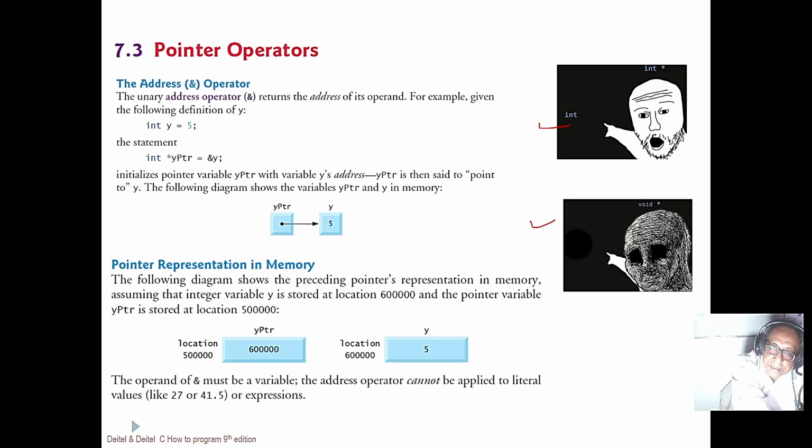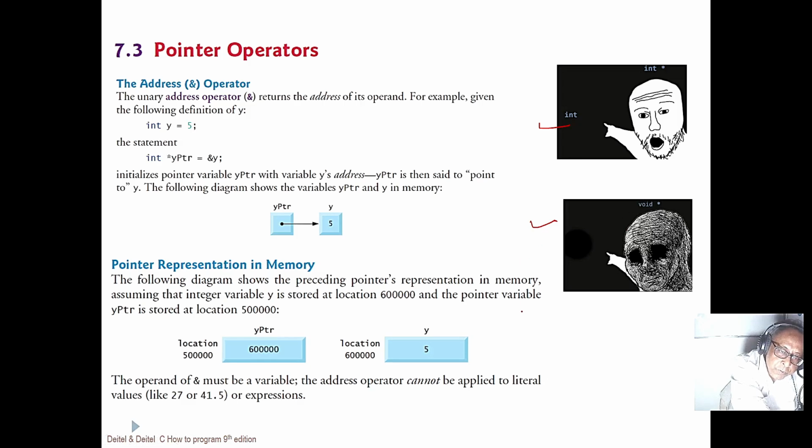A void pointer is such a pointer that it can be cast to any other type of pointer. Whenever you want to dereference that pointer, we have to cast it to integer or float size. And a void pointer can be targeted from any other pointer like integer pointer or float pointer. We can remember that in our malloc and calloc operations, the return type is always a void pointer. So the void pointer is a very interesting scenario. We'll see it. And null pointer and void pointer are completely two different things.